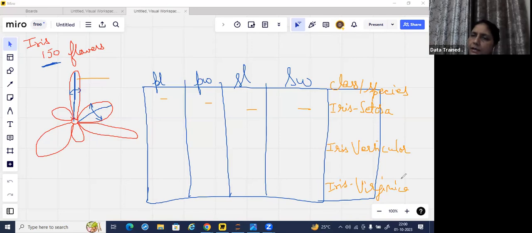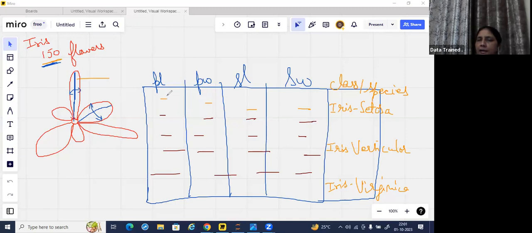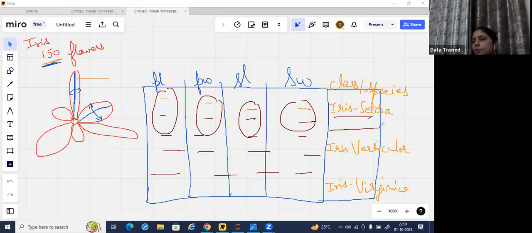Students, this is setosa, versicolor, virginica. These are three species. Got the point? So that scientist took 150 flowers and started measuring the petal length, petal width, sepal length, and sepal width, and started giving the name of the flower. Based on their petal length, petal width, sepal length, and sepal width, the flower is Iris setosa. Or based on these measurements, the class species is Iris